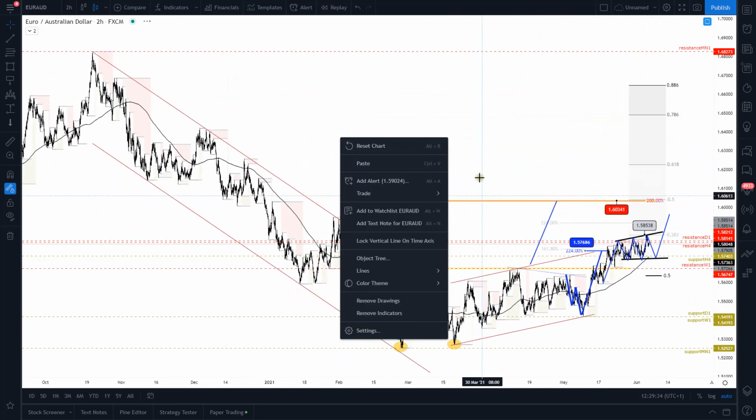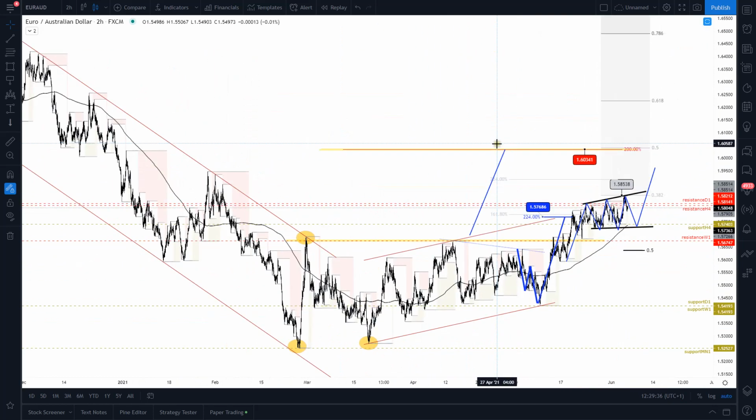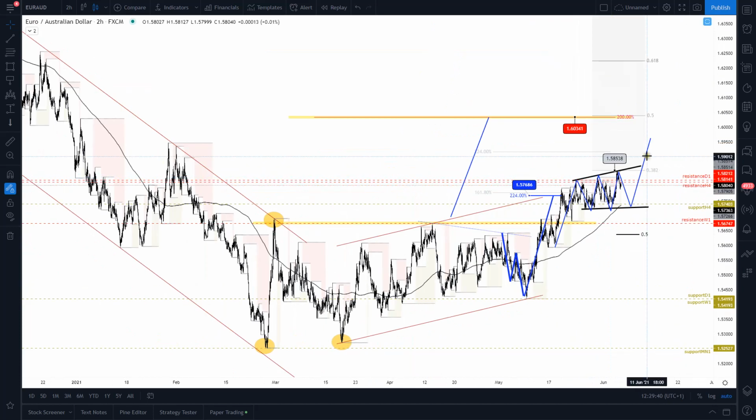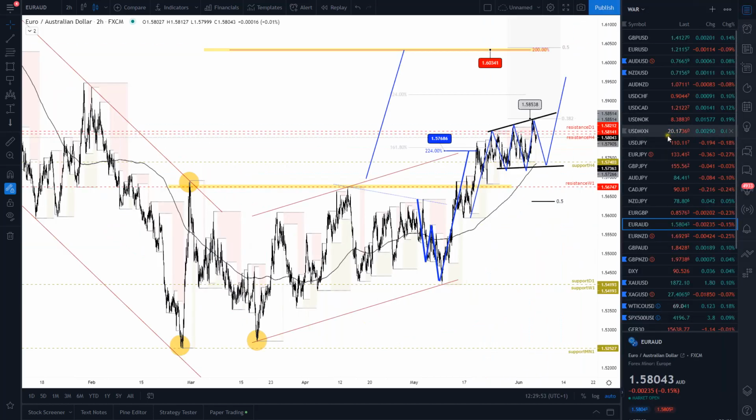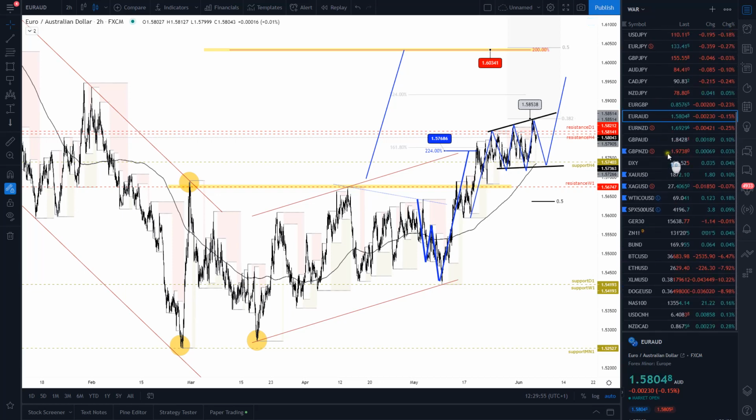Just this potential double bottom, or the double bottom confirmed already, with the default target projected above. So if I need to say that I have a bias for this pair, I will remain bullish until we reach the default target